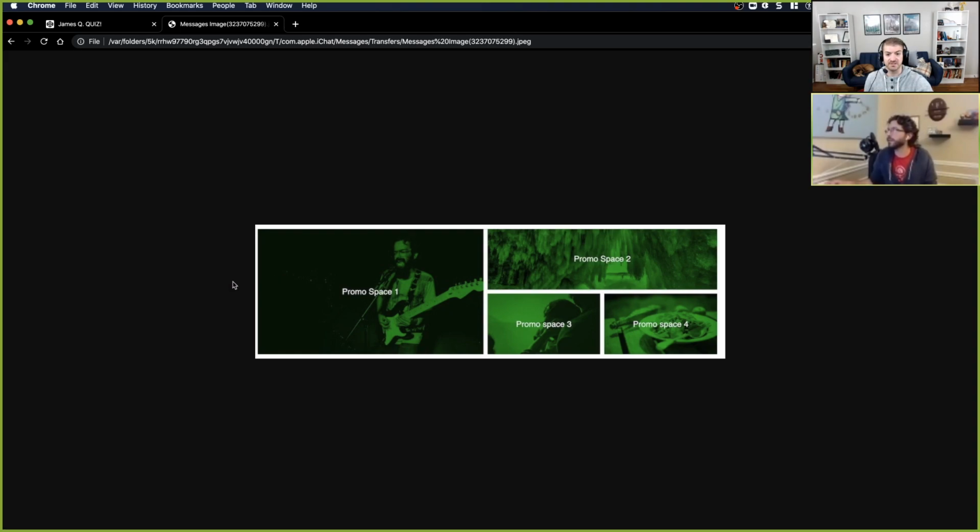If I were to do this in Flexbox, you would have a flex container to set promo space 1 next to this promo collective space over here. So this would have a div around it inside of a Flexbox div, then this would have a nested Flexbox div as well, and these last two would have a div around them that would lay them out horizontally.